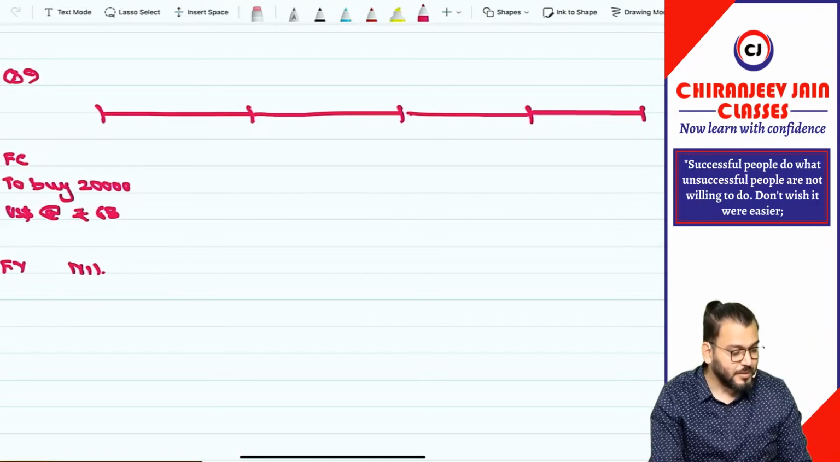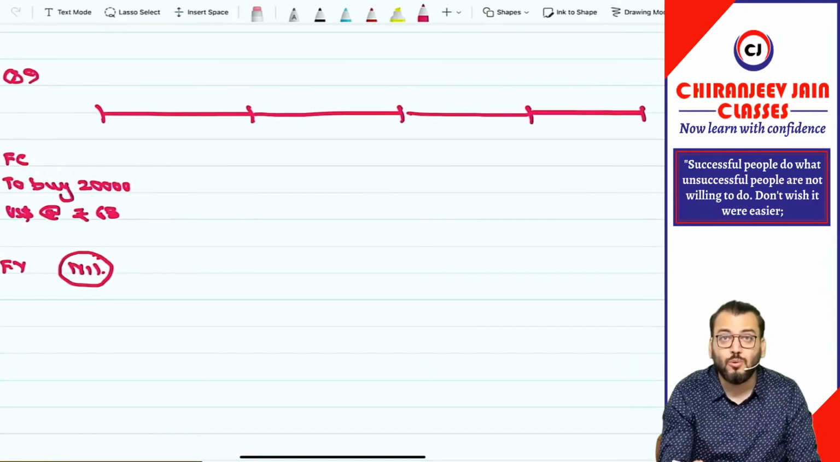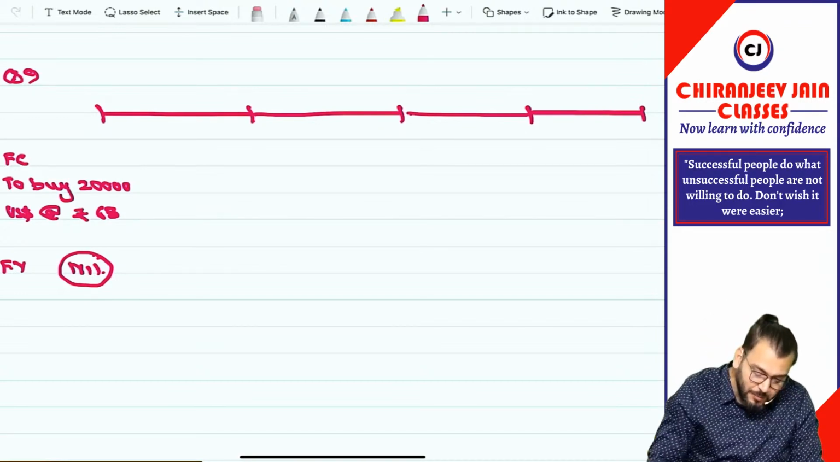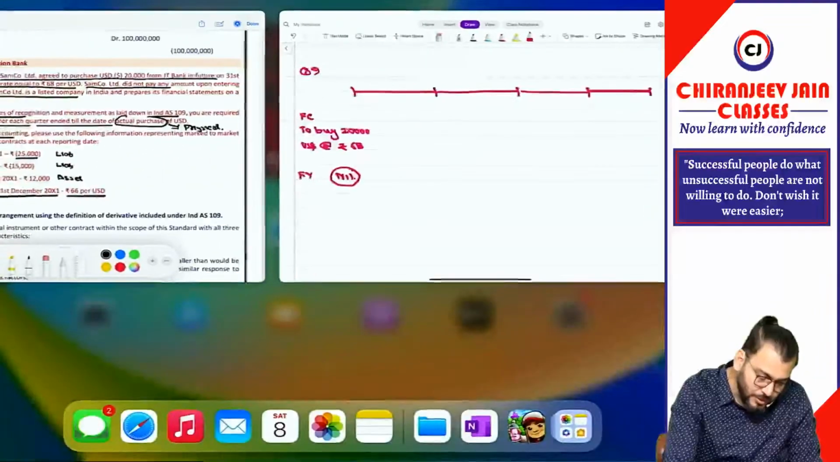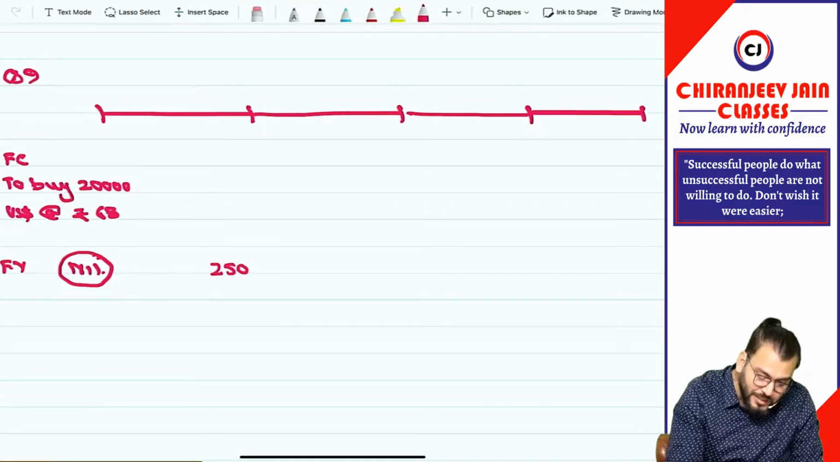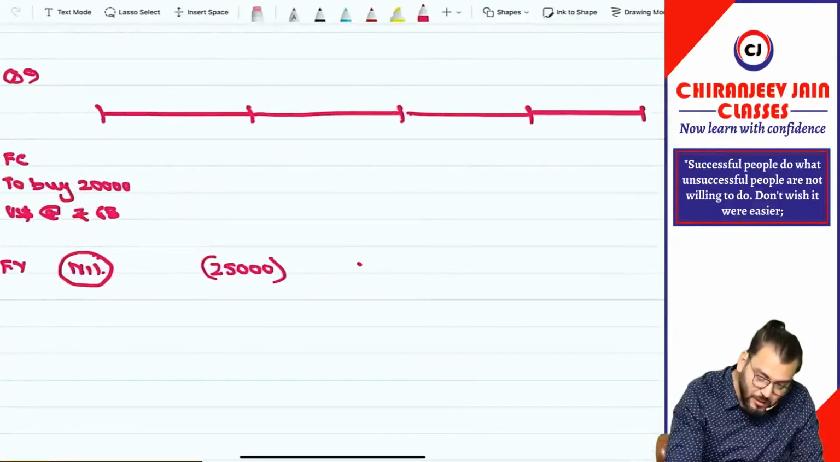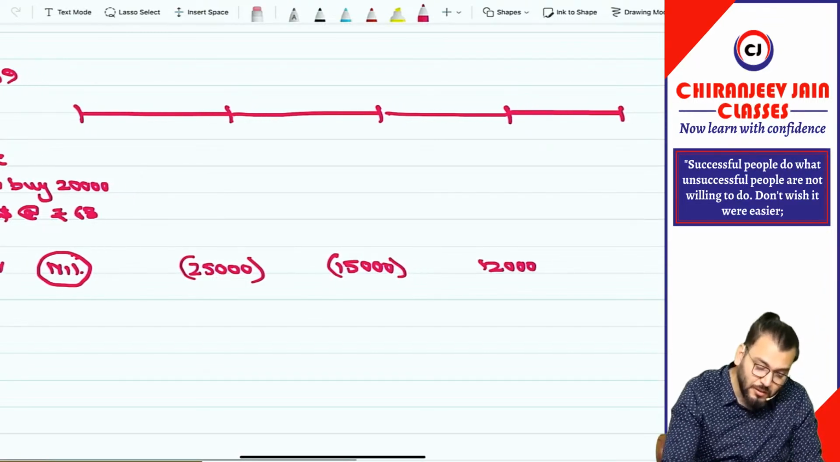Chalega? Okay. So initially the fair value is nil. Why is it nil? Because no consideration has been paid to enter into such a contract. Then it becomes how much? It is given as 25,000 liability. Then it becomes 25,000 negative. Then it becomes, I think, 15,000 negative. Then it becomes what? 12,000 positive. And on this date,